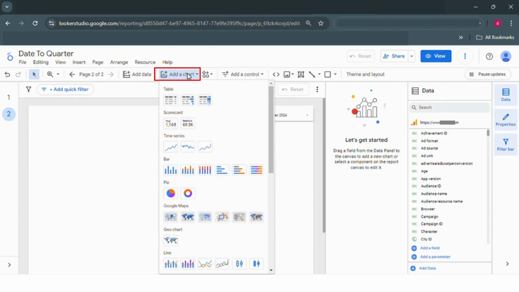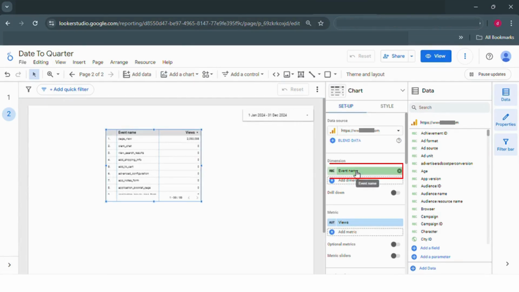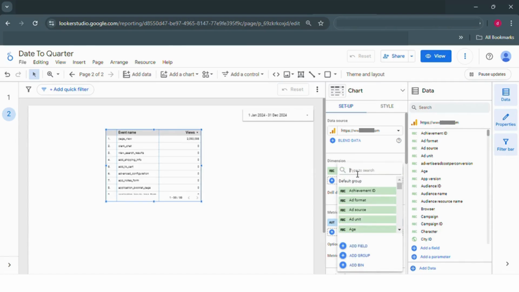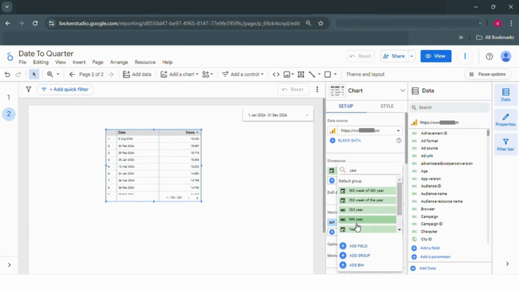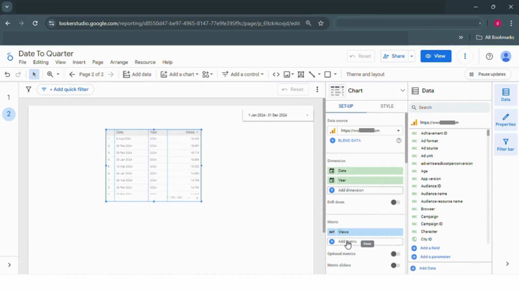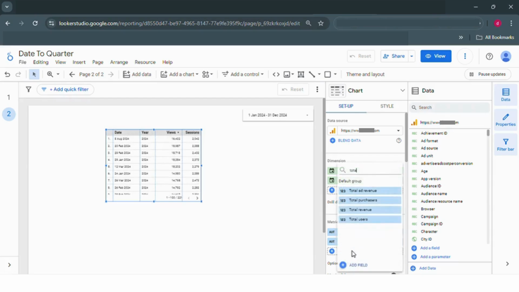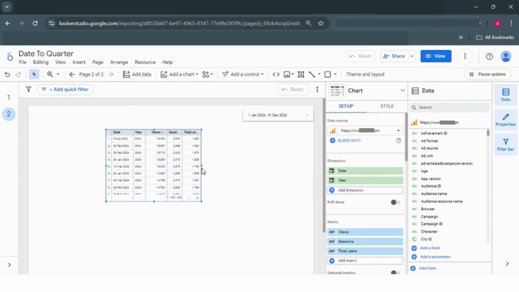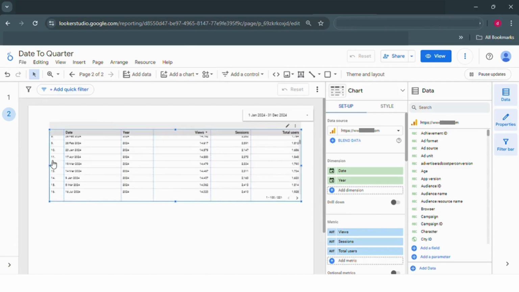So first we will add a chart. Let us select a table from here and we will select the dimensions and metrics based on the requirement. So here we will take the date first and then we can select here. Views are here already, so we will take sessions and users as well. So we will make this table a little bigger,